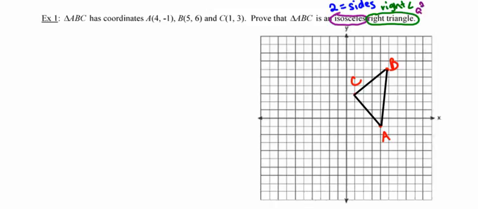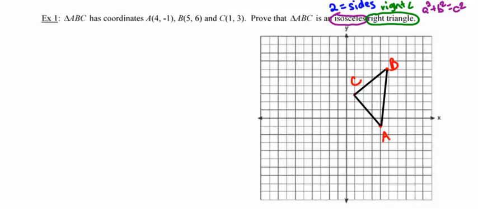So we can also use a squared plus b squared equals c squared. And the reason that I bring that up is because I'm already going to use the distance formula to show that 2 of the sides are congruent. I may as well use distance formula one more time and then plug into that formula. It might be a little bit more efficient than going and finding a whole new pair of segments and doing the slopes on the segments and using the negative reciprocal slopes to establish the right angle and so on and so forth. But either one of those strategies would be a really good strategy for proving this triangle is both